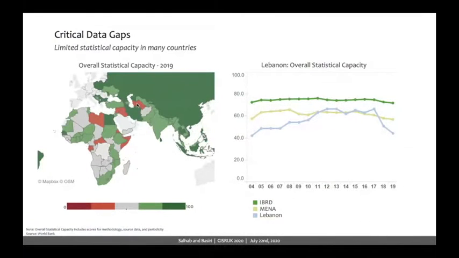So before I get into Google Earth Engine, in case you're not aware of that tool, I'm first going to talk about critical data gaps. I'm sure we've all experienced problems with data. There are gaps in all sorts of different data sets, but what I'm most interested in looking at is data gaps at the national scale, or critical data gaps that really prevent policy making